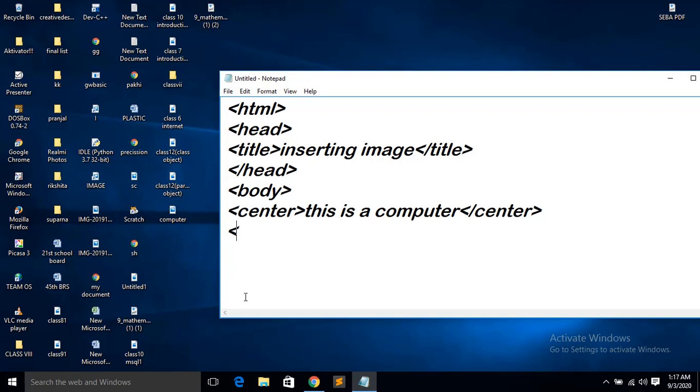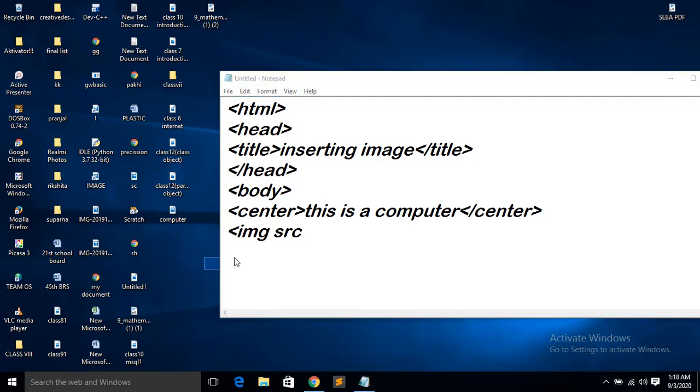So many tags in the HTML are called container tags, which have an on tag and an off tag. And some of the tags do not have the closing tag. They are called empty tags. One example of an empty tag is img. This tag is used to insert the image, remember. So img is a tag, and to insert the image file, we need the source. So we have to use the attribute with image. That attribute is source, src.